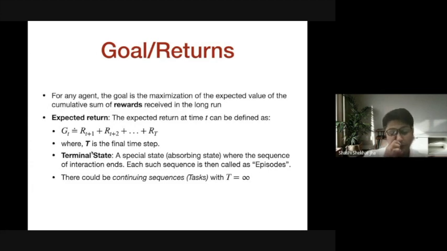Okay. Now there is one problem with this definition of the return. The problem will occur in a continuing sequence or continuing task. In a continuing task, when would the episode end? It will end at infinity, because the task just continues. If it ends at infinity, then the return will also be infinity. Any number sum to infinity will be infinity. And that is a trouble for us, because then this G of t, the return definition, becomes indeterminate. We cannot define it.